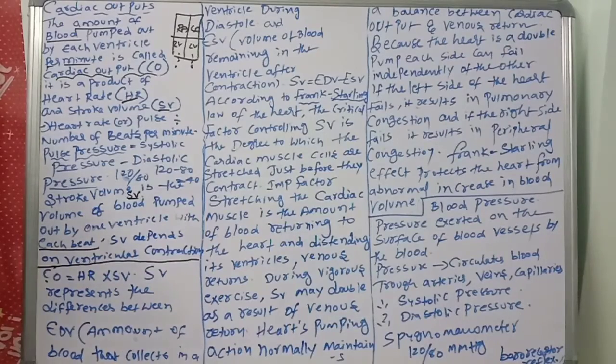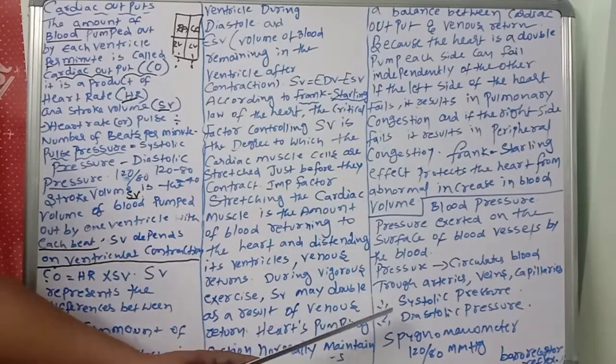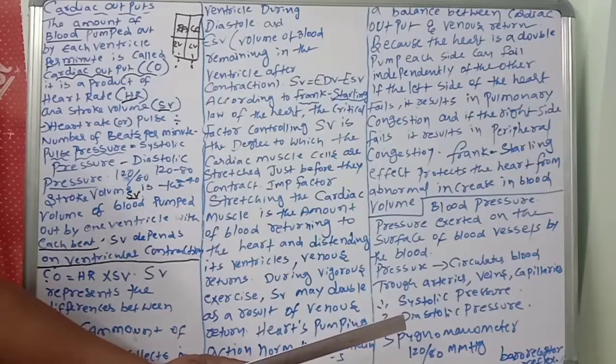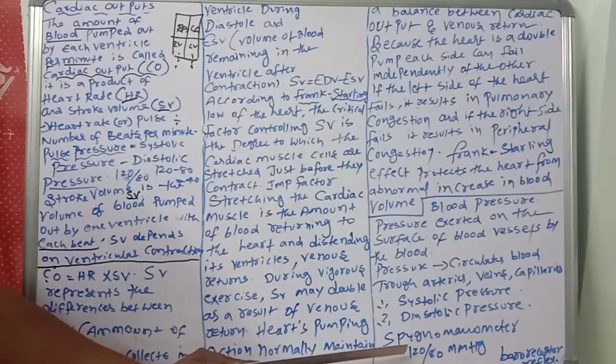You know very well. Systolic pressure is the pressure in the arteries as the chambers of the heart contract. Diastolic pressure is the pressure in the arteries when the heart chambers relax. Blood pressure is measured using a sphygmomanometer. It is expressed as systolic pressure over diastolic pressure, 120/80 mmHg. Another important one: the arterial pressure is a function of cardiac output and resistance in the arterioles.